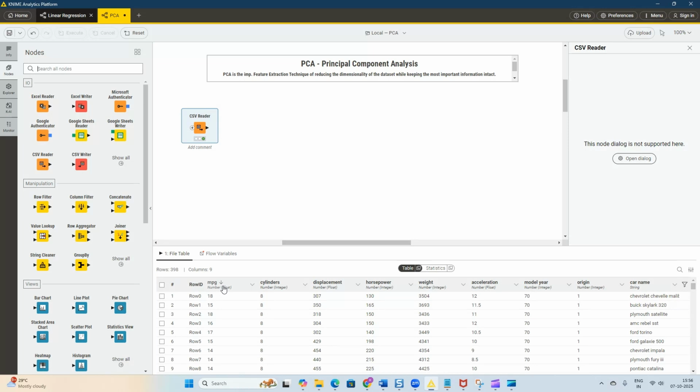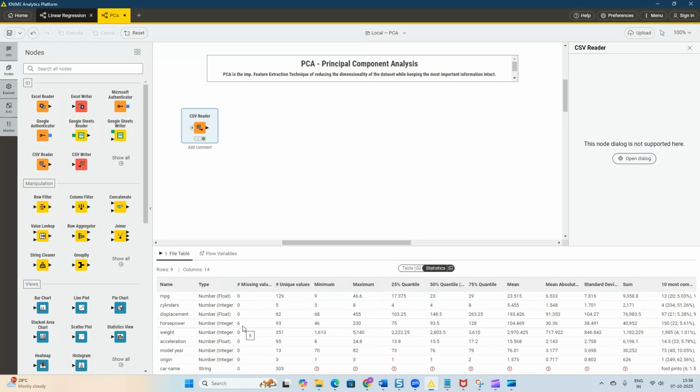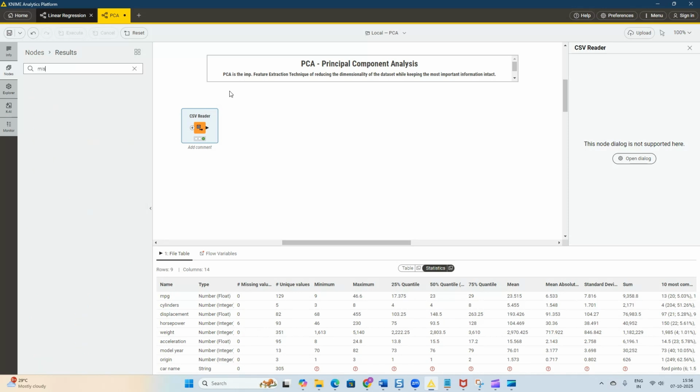To create a linear regression, we need to first do some pre-processing in terms of the missing values, and in terms of categorical variables, like the car name, which is a string. And if you see the statistics, there are some missing values. So let's handle these two and then get straight into creating a linear regression. To deal with missing values, I am using the missing values node